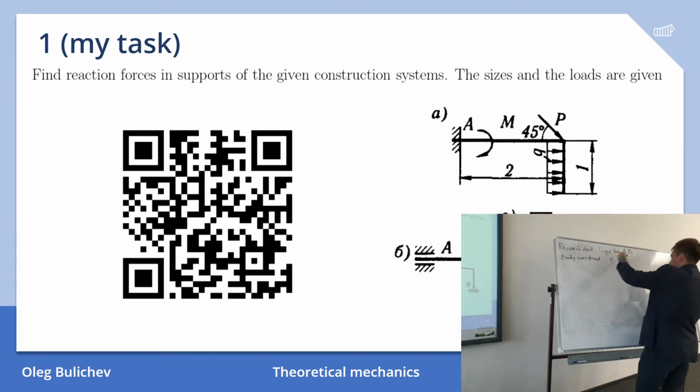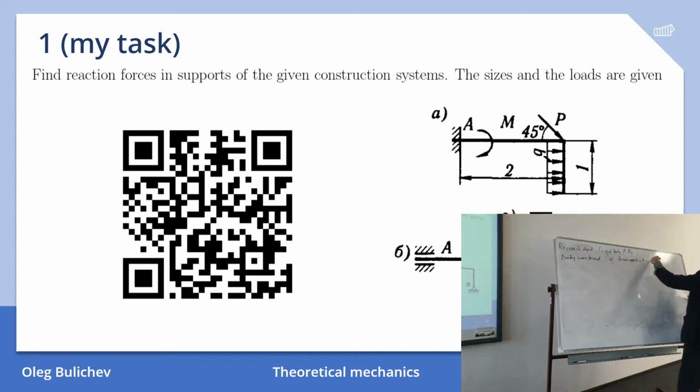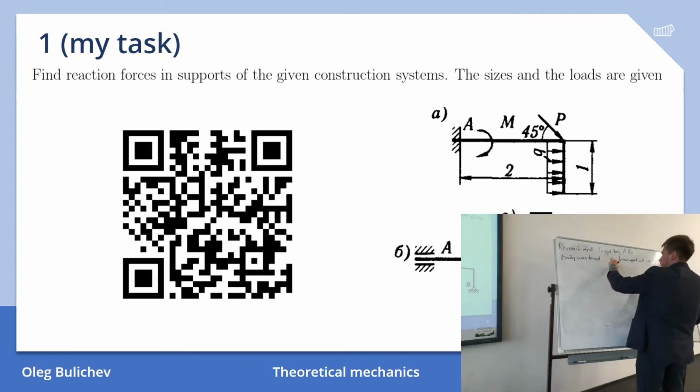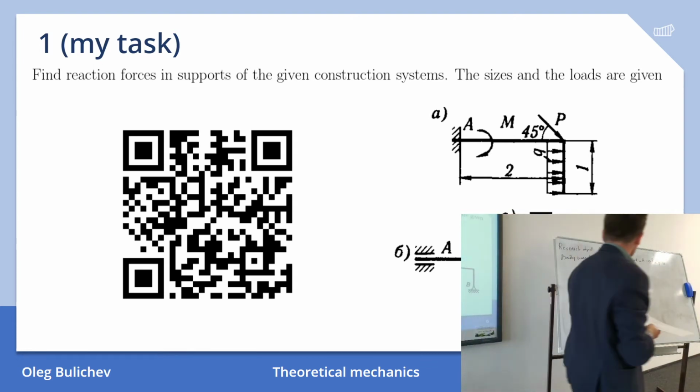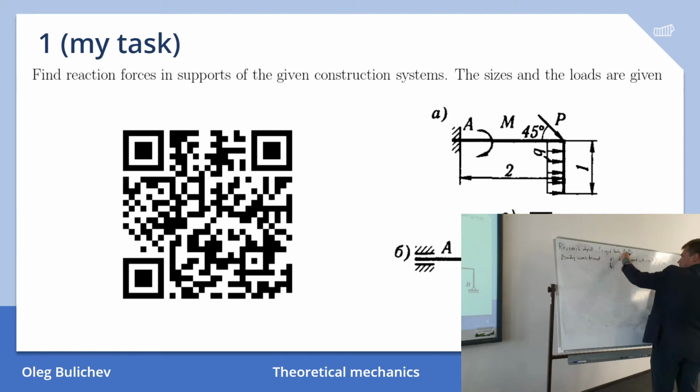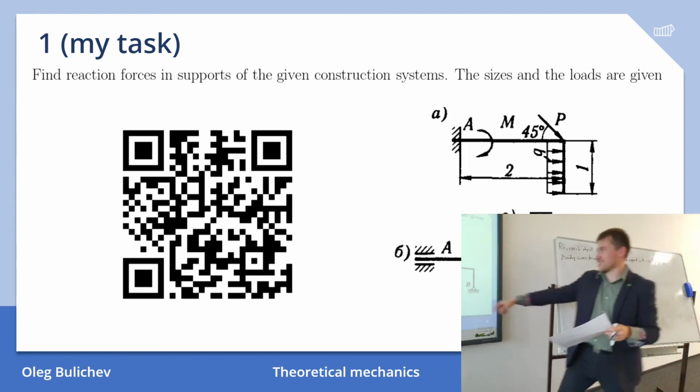For A, it's a fixed support in A. You can also write that it will be Rx, Ry, and a moment in A. So we don't know these values. Fixed support in A. In B, for instance,